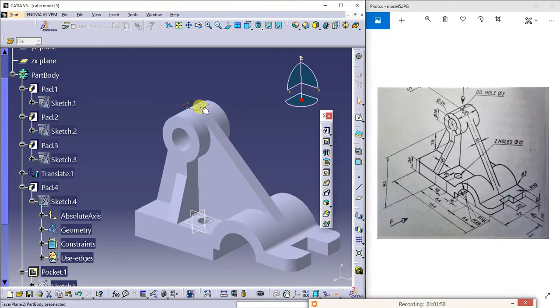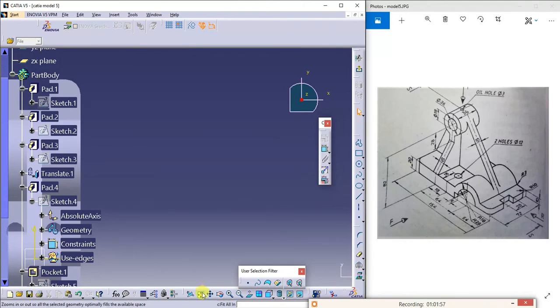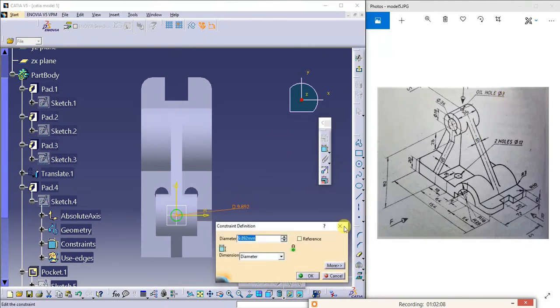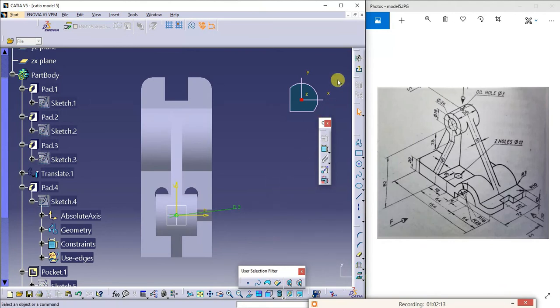Now I'll select this and create a hole. Hole diameter should be how much? As given, 3 mm diameter. So this is the center. I placed this sketch, this circle, exactly at the center.